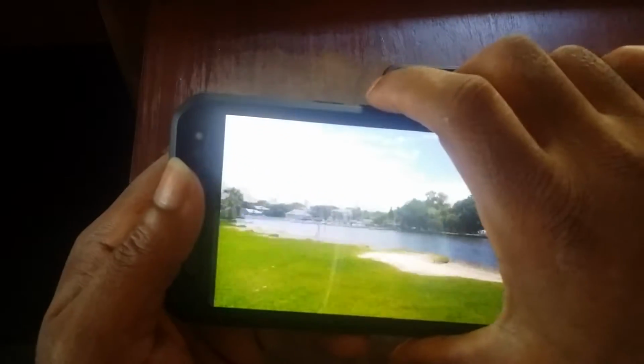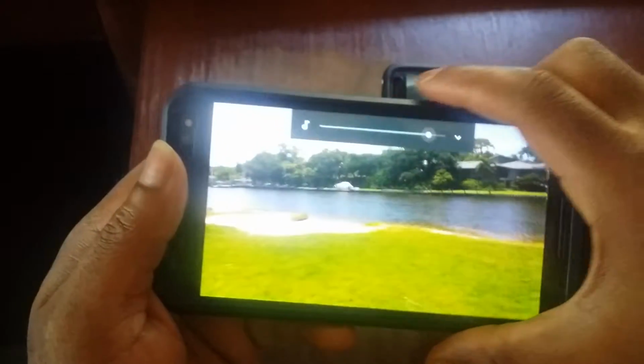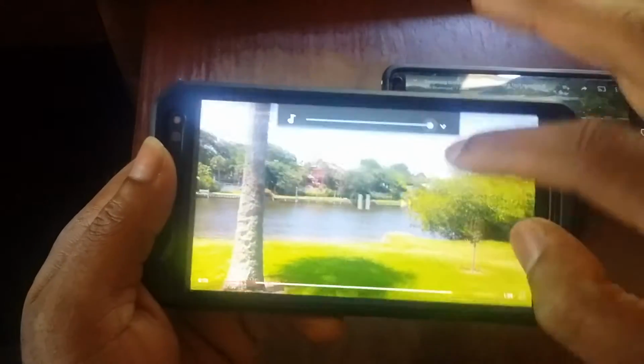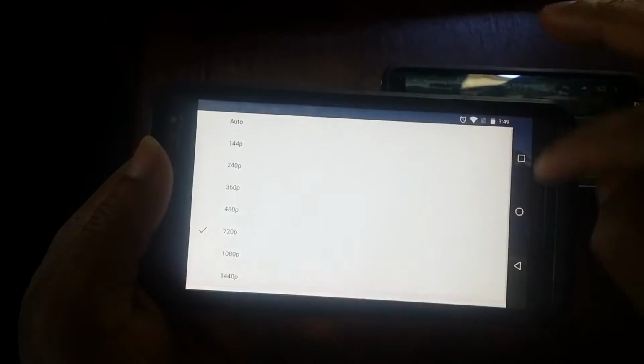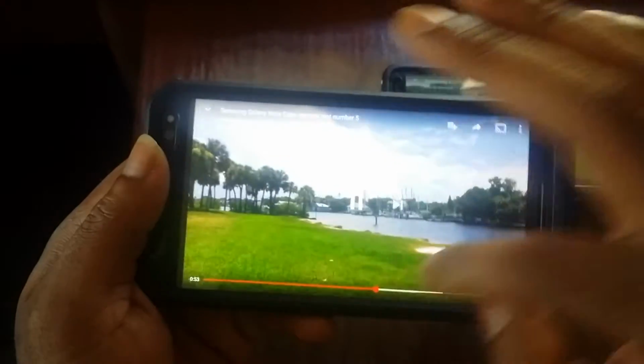And we have another video sample here. This one's at Quad HD resolution. And man, if this park doesn't look beautiful. Alright, we're just going to do a slow pan. I hope you guys enjoy the video. And again,